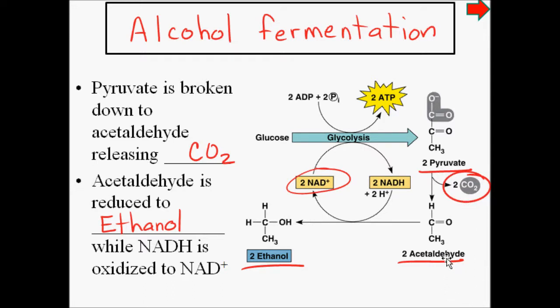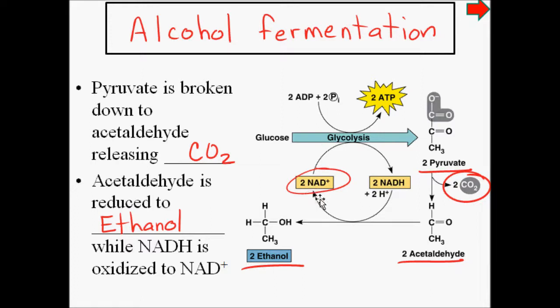And note that this is only a 2-carbon compound because it's lost one of the carbons for each pyruvate molecule in the form of carbon dioxide. So alcohol fermentation, as one of the products, releases carbon dioxide. Then these 2 acetaldehyde are going to be reduced to 2 molecules of ethanol. And this is the process that is an oxidation reduction reaction. As the acetaldehyde is reduced to ethanol, that NADH is going to be oxidized back to NAD+. And this will make it available for further glycolysis